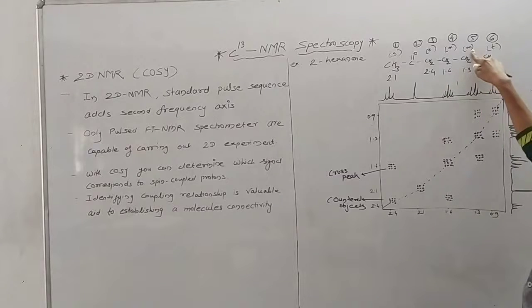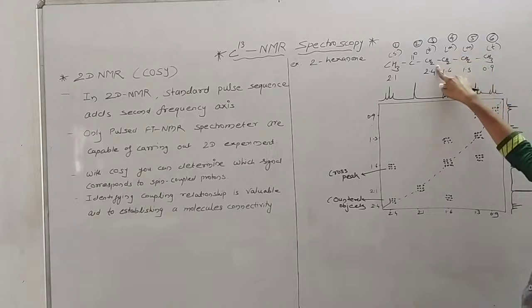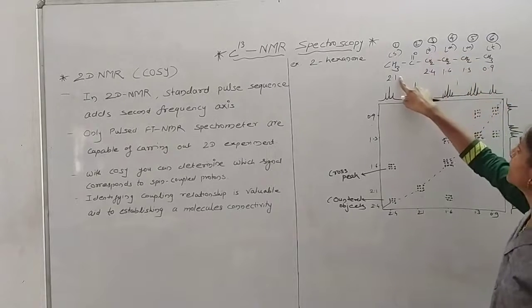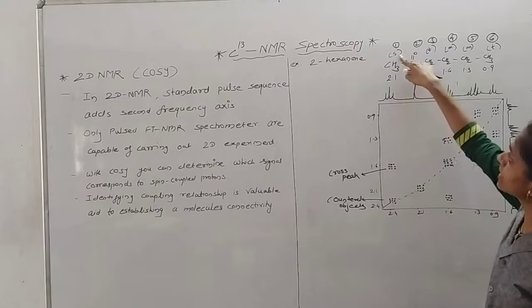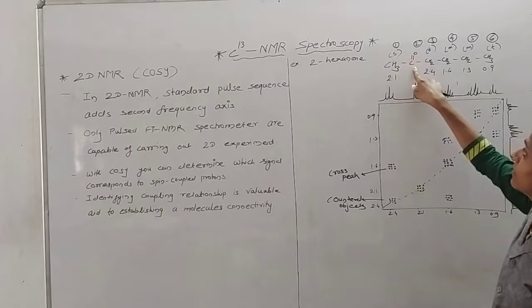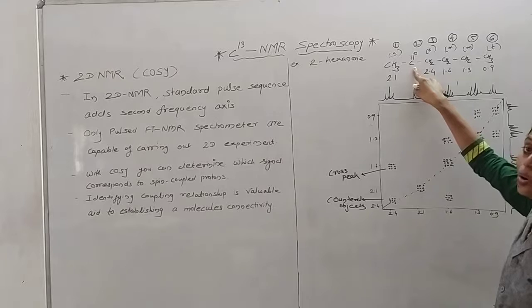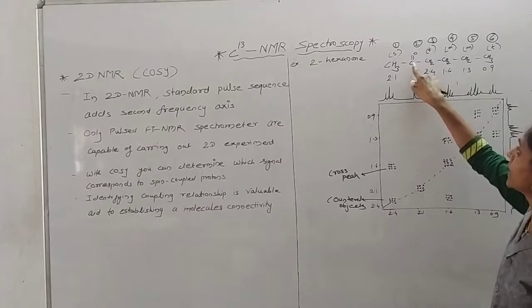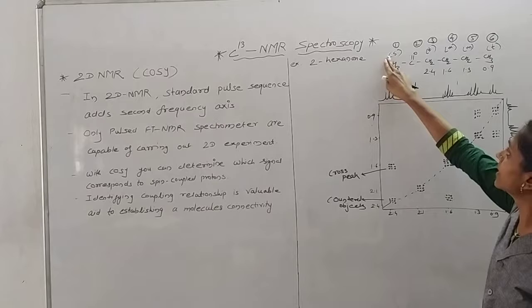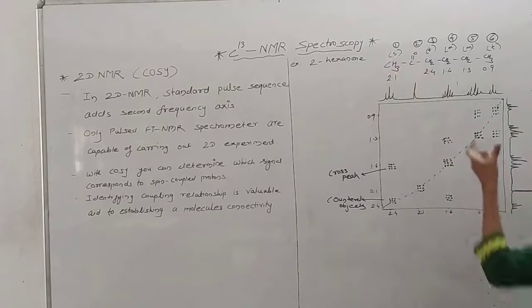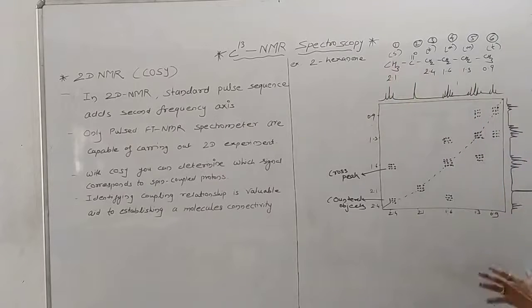This CH2 gives the multiplet, this CH2 gives the triplet, and this CH3 gives the singlet. Since the neighboring group is the carbonyl group, there is no hydrogen-containing carbon here, so it is a singlet. You know how the multiplicity is obtained; we are studying it in H1 NMR with this concept. Now here CH3 gives the triplet and its relationship is with the CH2.